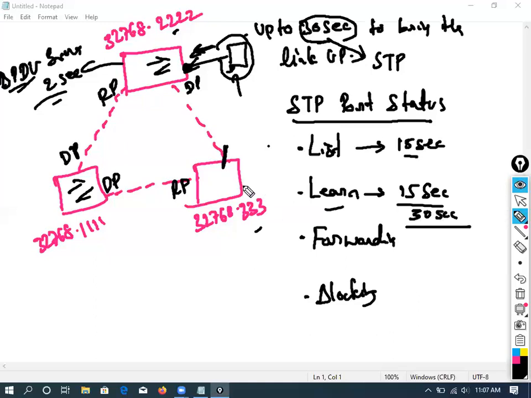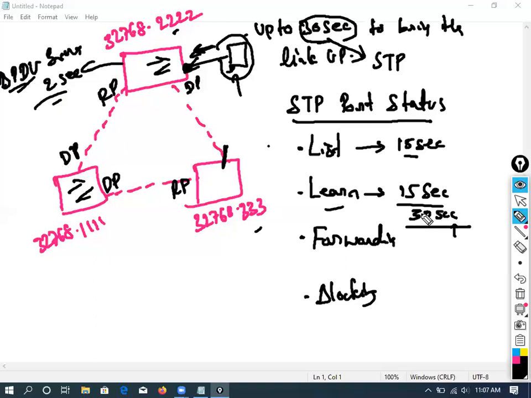That is why whenever you plug any device into the switch, it takes 30 seconds to bring the link up. The first 15 seconds it listens, the second 15 seconds it learns. Clearly understand? So in total, it will take 30 seconds to bring the link up.